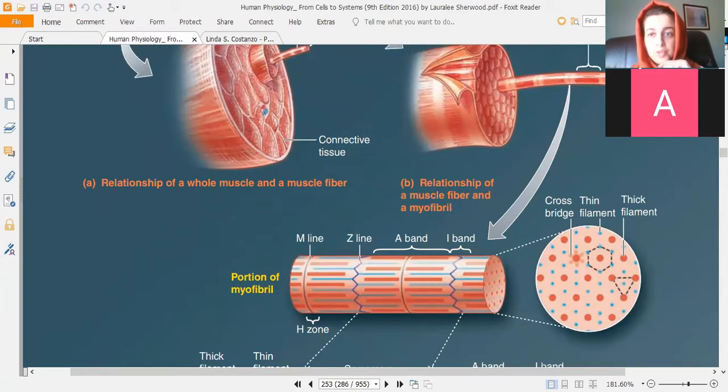So comparing this enlarged view with the myofibril, this line which you see over here in the lighter band is the Z line within the I band. I band is the lighter band, and within that is the line which is actually the Z line. And this larger band, which is the A band, can be seen over here between the two I bands. And in the middle of the A band is a line called the M line. And the M line is also surrounded by a slight light area, which is the H band or the H zone.